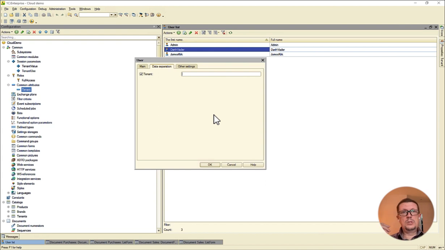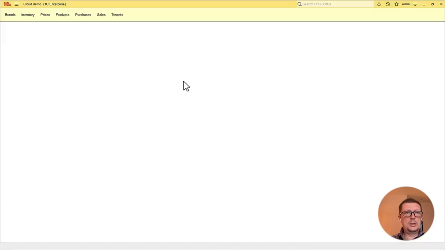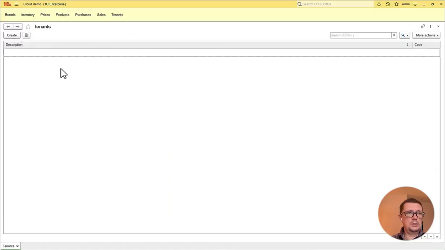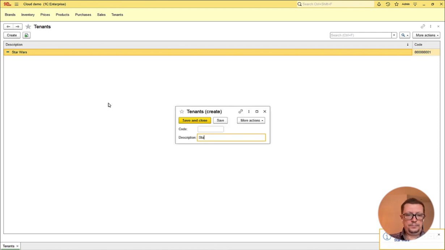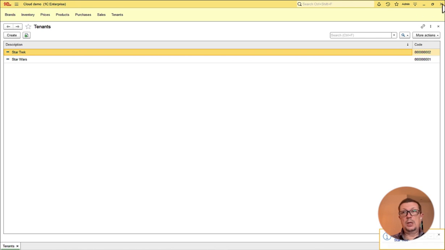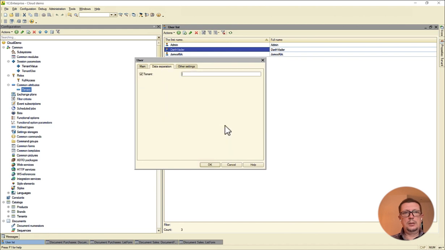But the worse news is that we lost the ability to assign our users to our tenants. And even though we can create items in this new catalog, for example, let's create a Star Wars item and a Star Trek item right here, so I have these two companies, but I no longer can assign a company to a user.